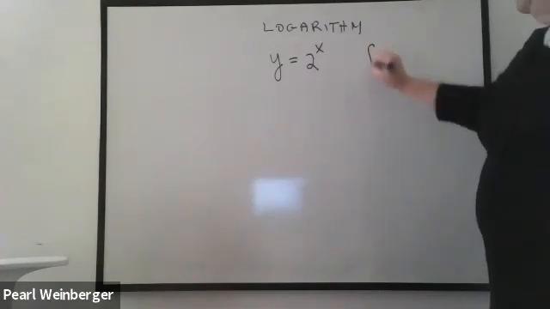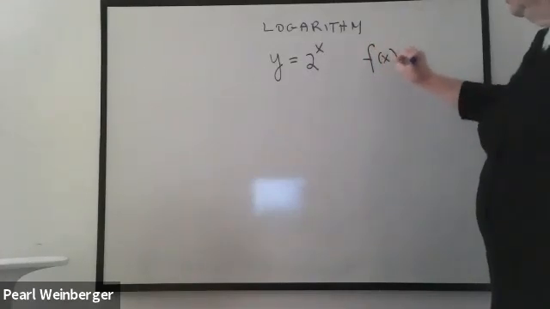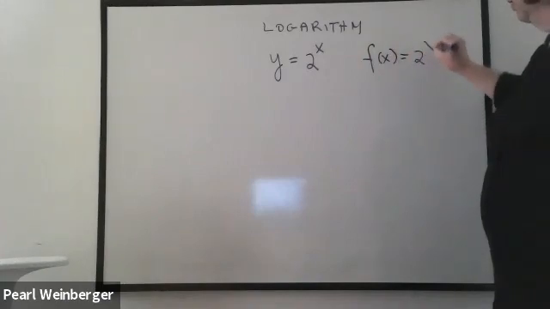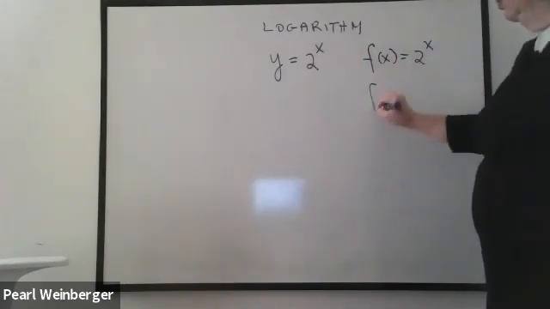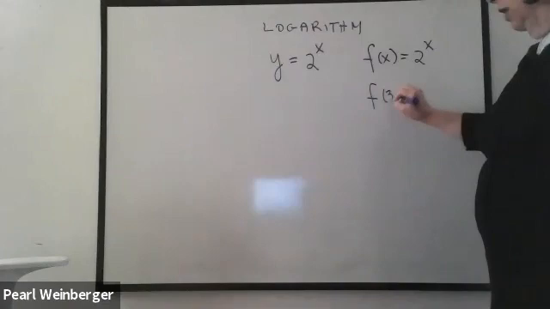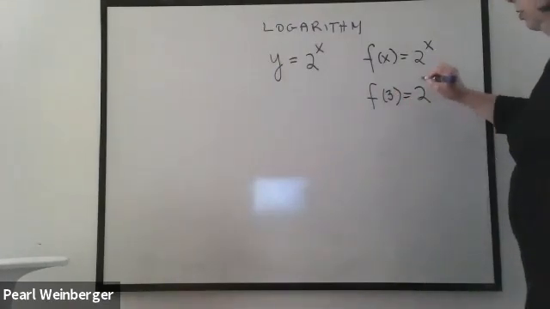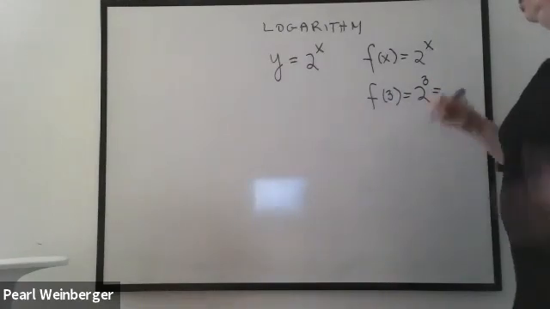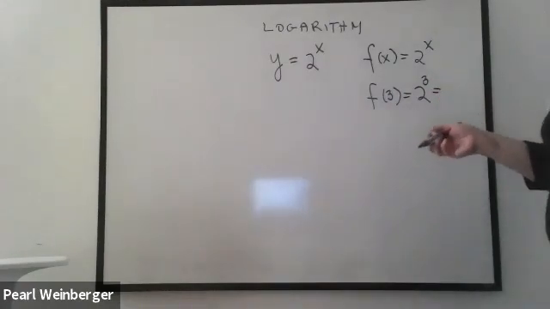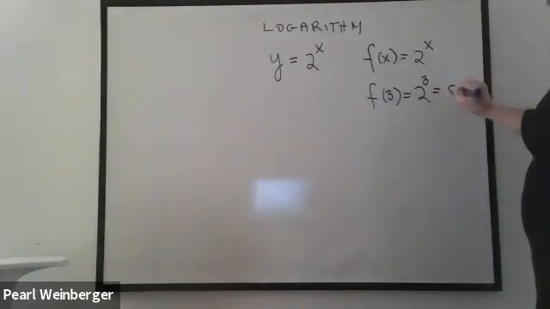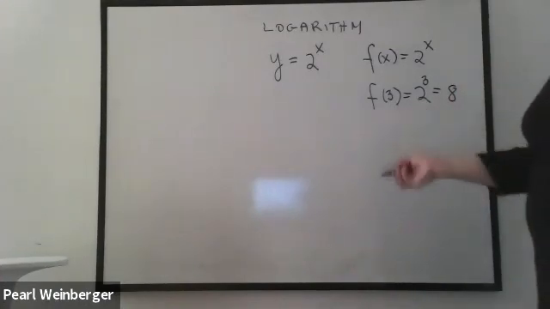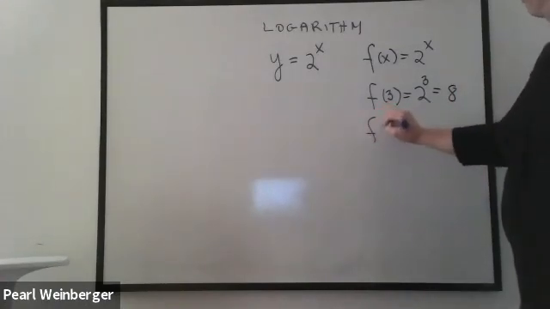In other words, if I had written f of x is equal to 2 to the x, and I ask you what is f of 3, that would mean that you were figuring out what 2 to the 3 is. And 2 to the 3 you can do on your calculator or in your head, and the answer is 8. Or I could have asked you what is f of